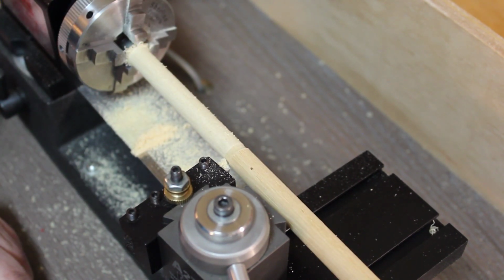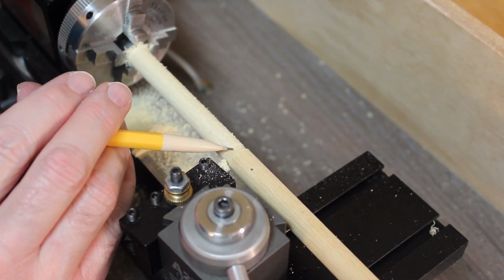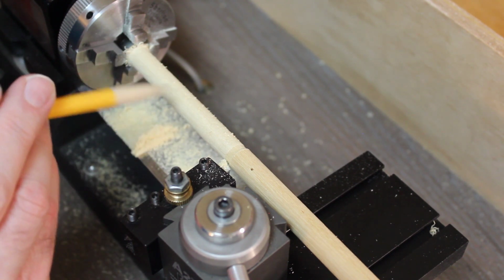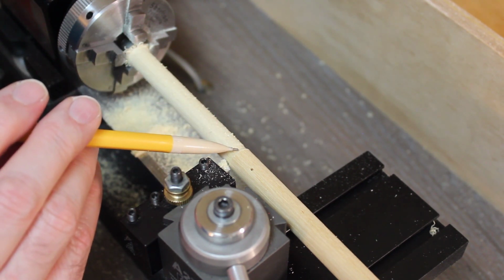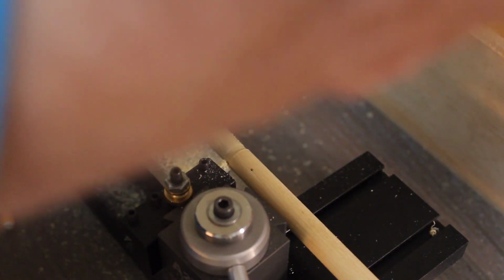Okay, the only thing I have to do here is, the original cut that I made is a go-by for the rest of this. I just need to make sure the rest of my cut matches my go-by cut. Now I do have a tool here that's called a center rest,